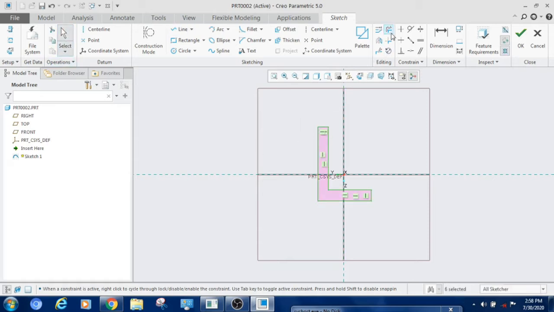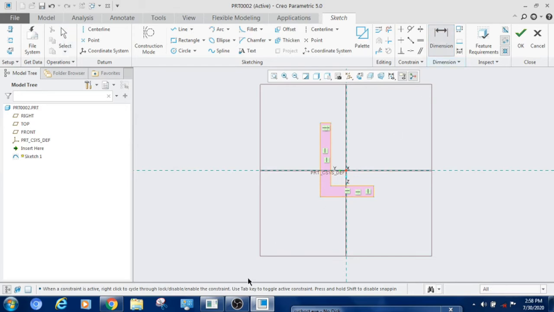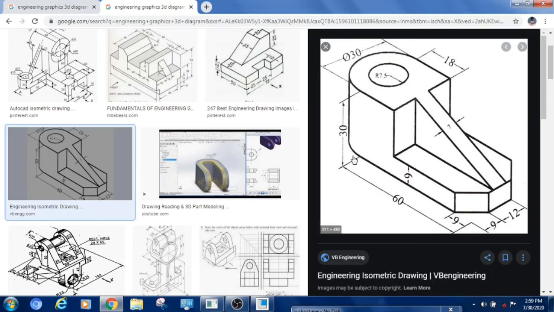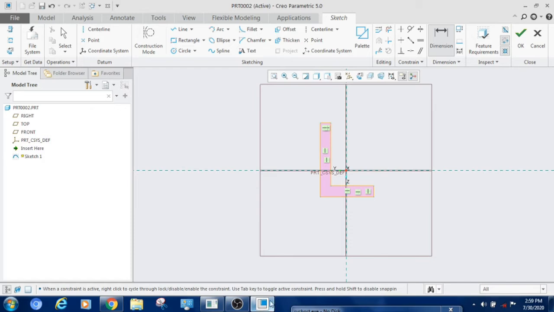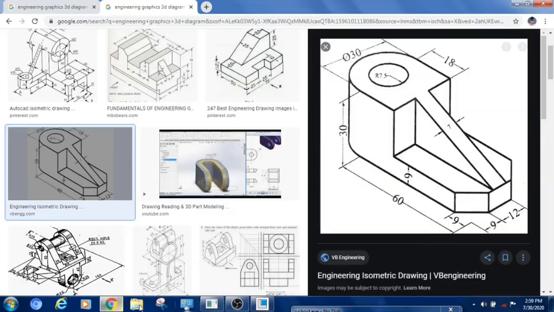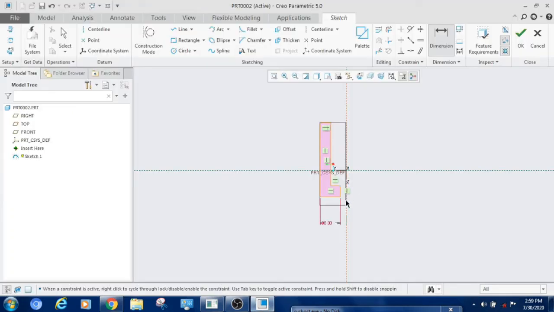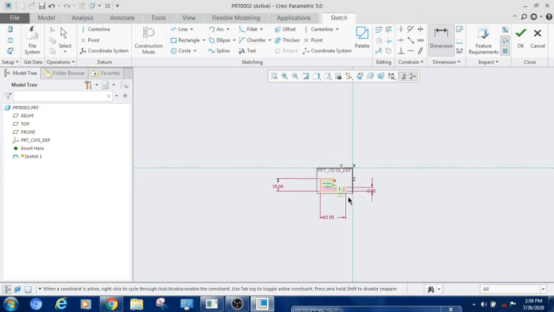You can use the select button to come out of this command. Now here we have to give 60 and 30. Here I am giving 60. Now for the height, you can see 9 and 30. First we will give this dimension 9, and here we have to give 30.